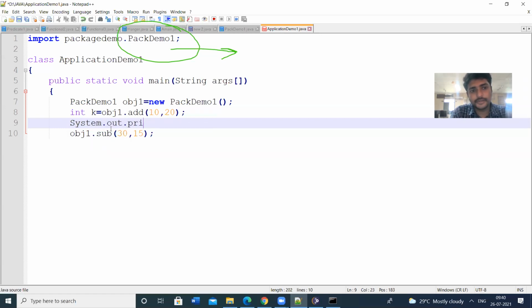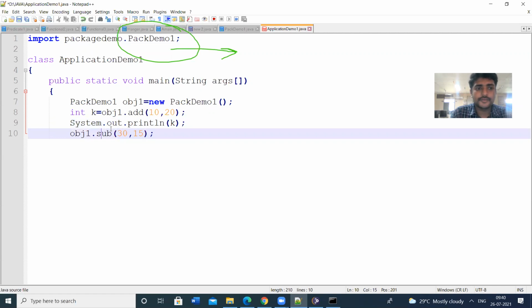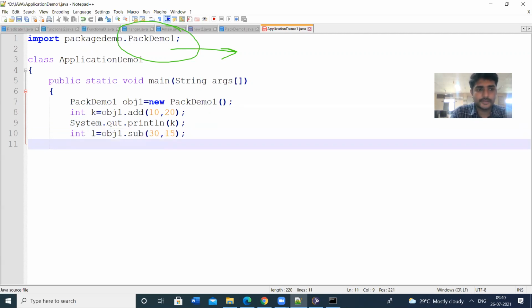System dot out dot println k. Then int l, let us take the variable as l, and print this one. System dot out dot println l.